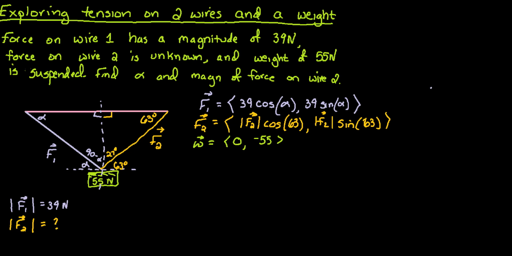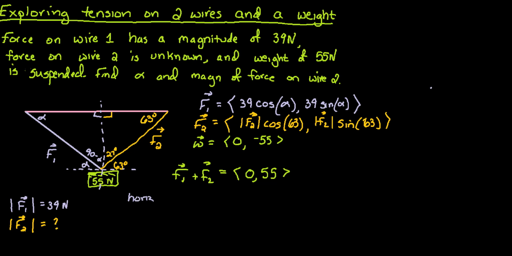Now, since this is an equilibrium, nothing's going left or right or nothing's going up and down, we know that the sum of force 1, force 2, and the weight must be equal to 0. So ultimately, this is going to give us a system of equations. And before I get into all of those details, I just want to talk a little bit about the logic here. So if I equate the horizontal components, I've got,